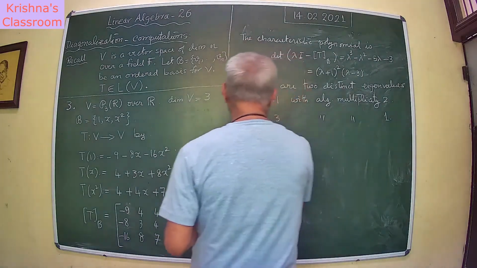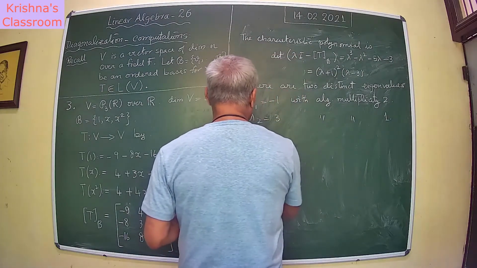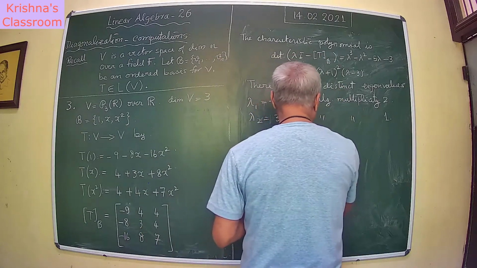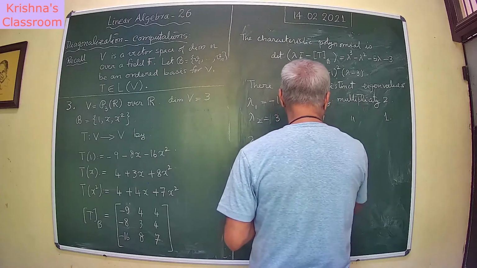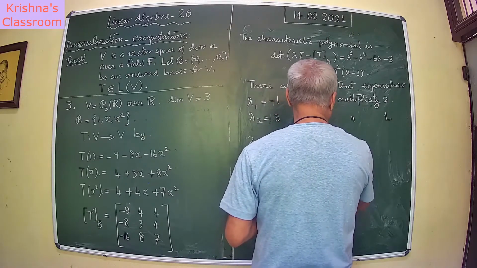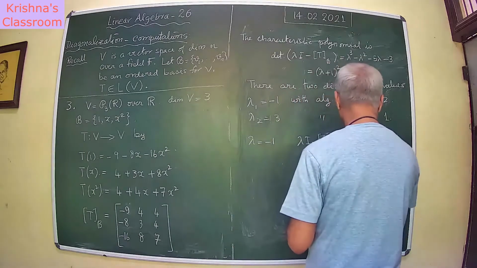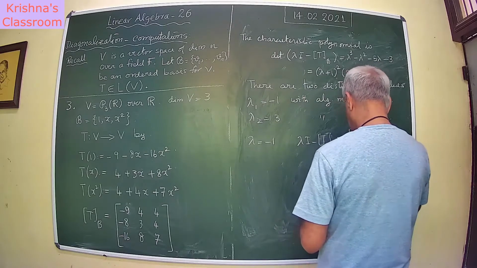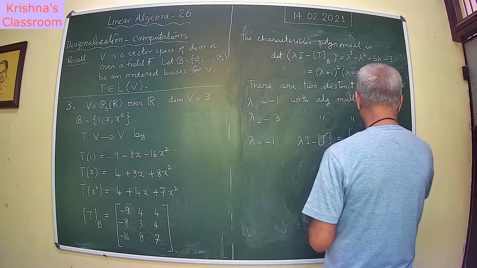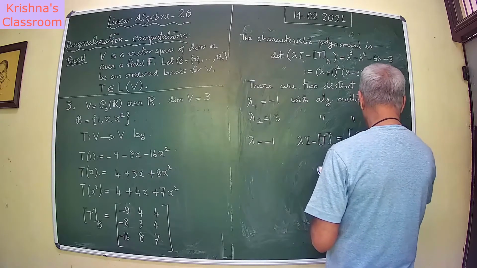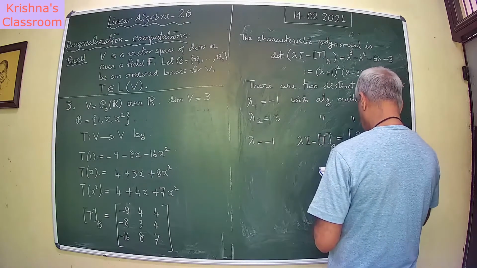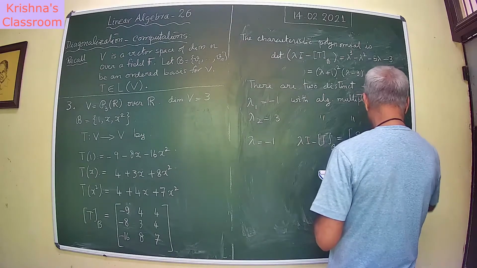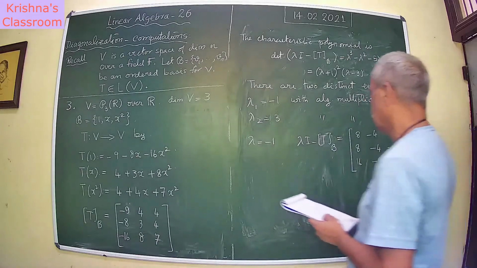So for lambda equal to minus 1, if you compute lambda I minus A, it works out to be 16, minus 4, minus 4, minus 4, minus 4, minus 8, minus 8. Therefore,